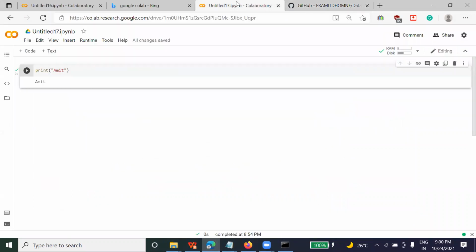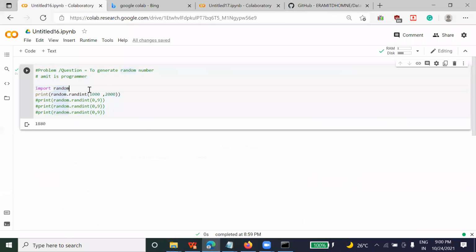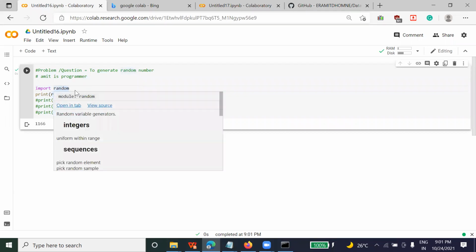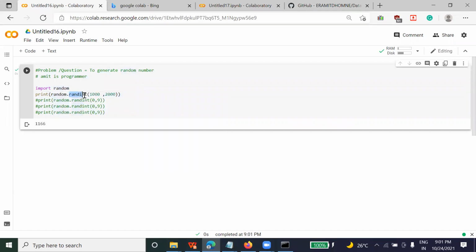So I was just saying you can run it in any Google Colab and take any value. As you asked me this value, you can take anything, and whenever you rerun it, every time you will get a different value. So random is one library in Python. When you add this library to your code, you can generate a random value. If anyone asks you what is random, random is a library. In that library, this is one function that is going to generate a random value. Every time you will get a random value.